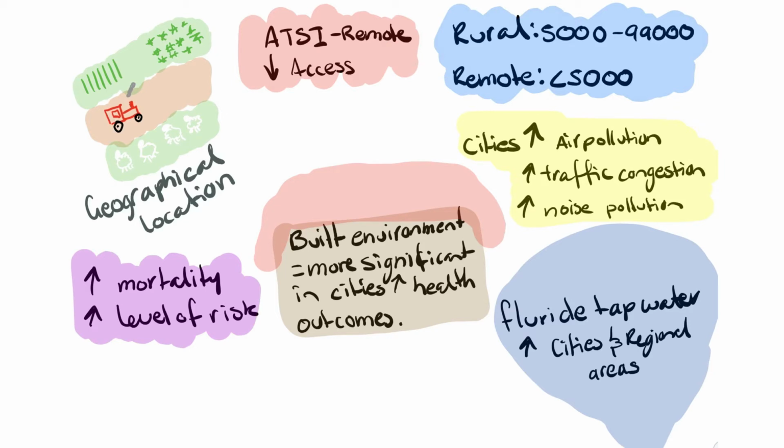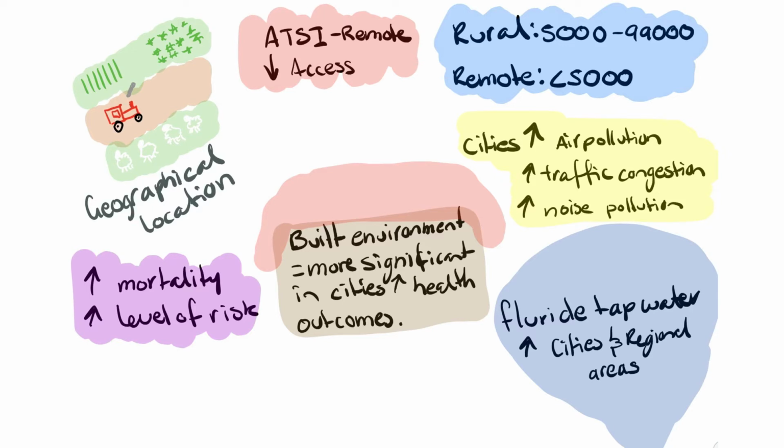And also we see that people living in rural and remote populations often have a lower socioeconomic status than those living in regional or city areas. And because of that, they've just got that decreased access to good health outcomes or access to healthcare. So when you look at something like the fact that rural and remote people have decreased health outcomes just because of their geographical location, if we add the fact that they're Aboriginal or Torres Strait Islander, or they've got a low socioeconomic status, on top of the fact that they live in a rural and remote community, that's where we can see two determinants coming into play there,